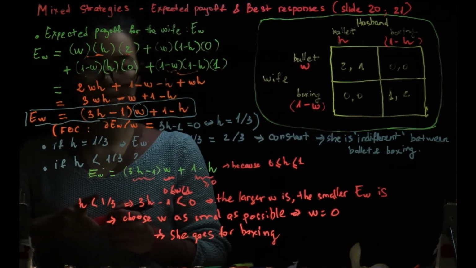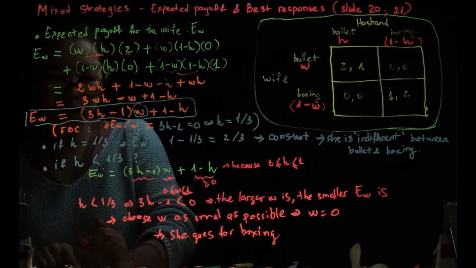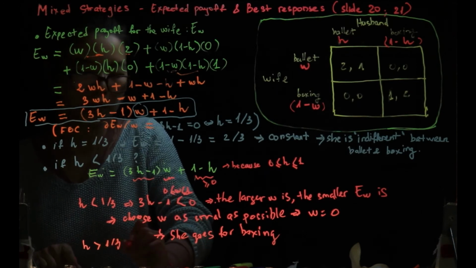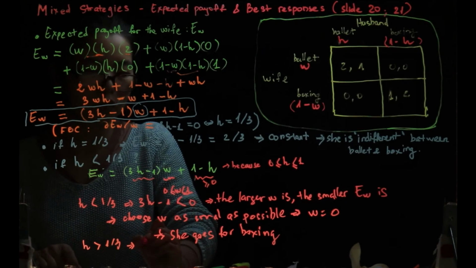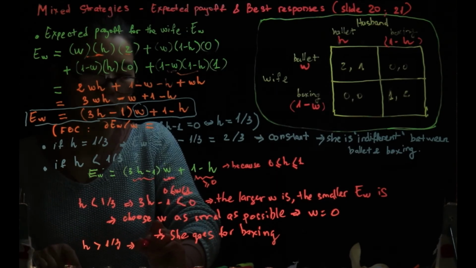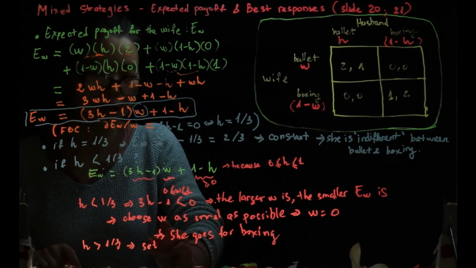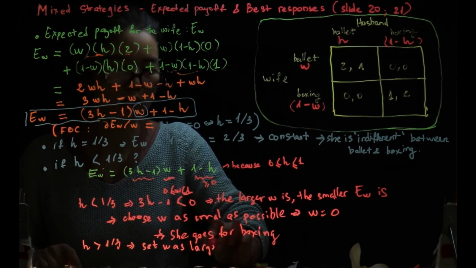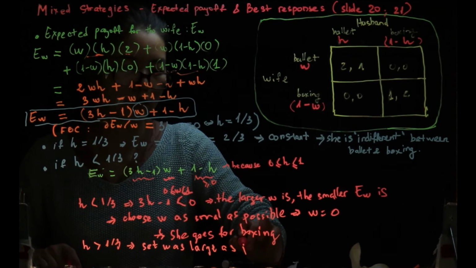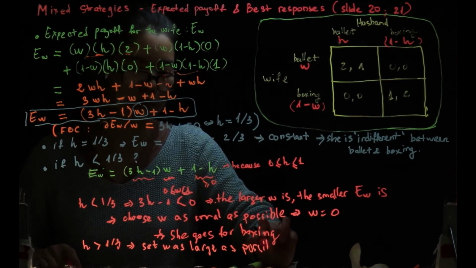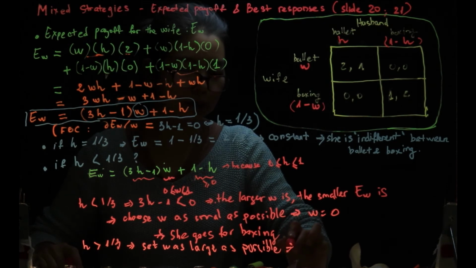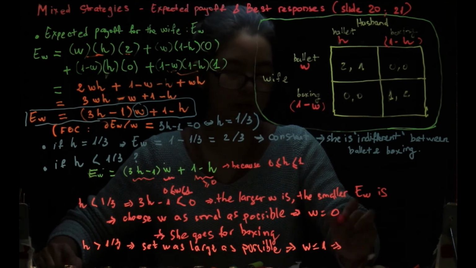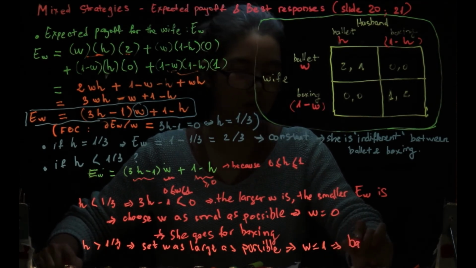On the other hand, similar reasoning applies for when H is larger than 1/3. Then you would have her set W as large as possible. And as large as possible means equal to 1, because it can't get larger than that. And that means she should go for